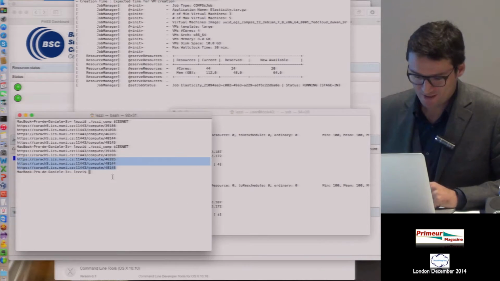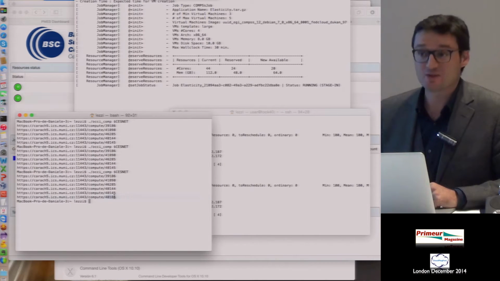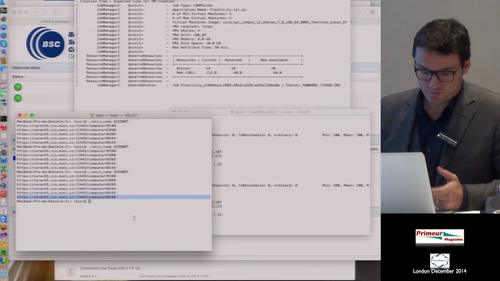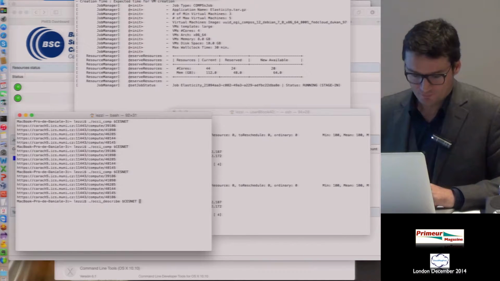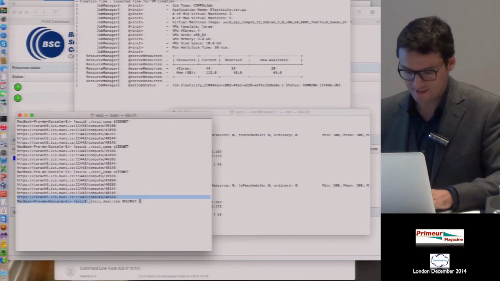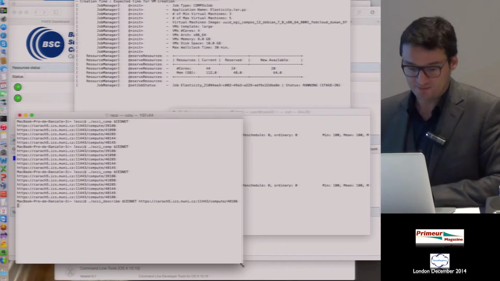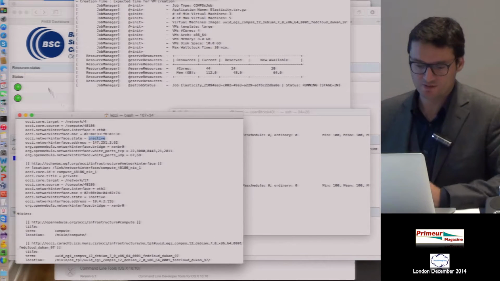But if we use the client, we should see, as you can see here, that this virtual machine has now been created dynamically by COMPS. We have to wait for its availability. If I ask the endpoint for the details, we will see that the appliance is still inactive. So we have to wait.